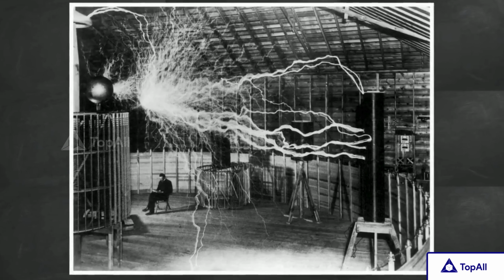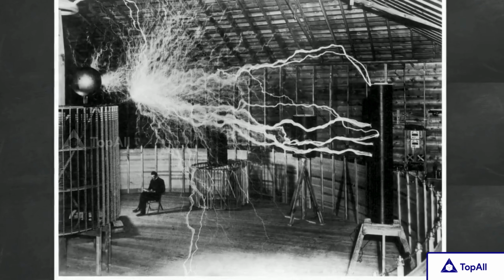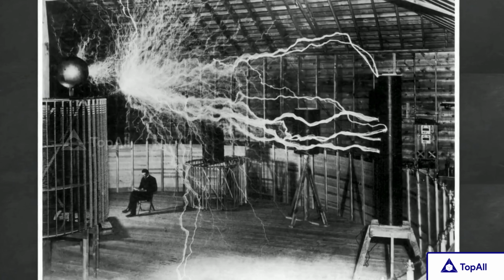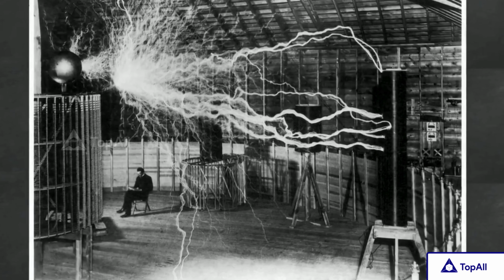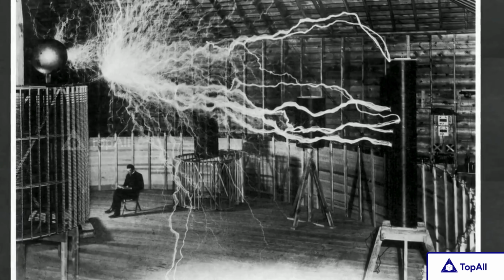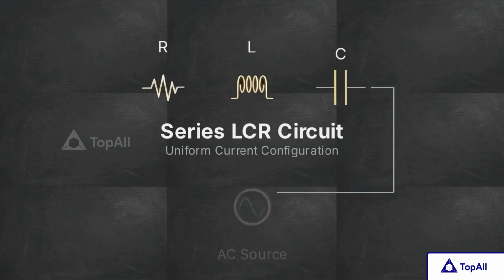The transition from direct current to alternating current was driven by the need to transmit electrical energy efficiently over long distances. Pioneers like Nikola Tesla built massive induction coils to harness alternating currents, allowing voltage to be easily stepped up or down. To control these alternating currents, engineers rely on the series LCR circuit. It is a configuration containing a resistor, an inductor, and a capacitor wired in a single loop to an AC